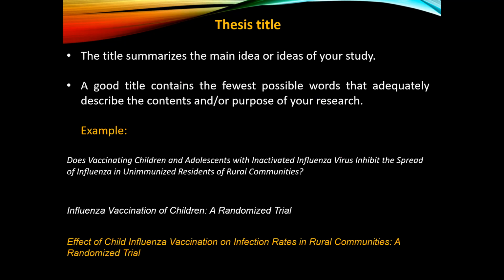You shouldn't put as much information as you want in the title. Just put the main idea. So the first one does not meet the main criteria of making a title successfully. If we come to the second one, for example: influenza vaccination of children, a randomized trial. Here the author tried to write as short a sentence as possible containing the required information, but it is not even acceptable because the meaning is missing in that sentence. It is not enough, just influenza vaccination of children, a randomized trial. So what's the point?